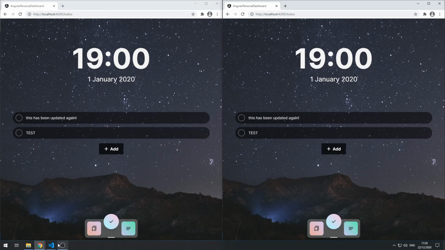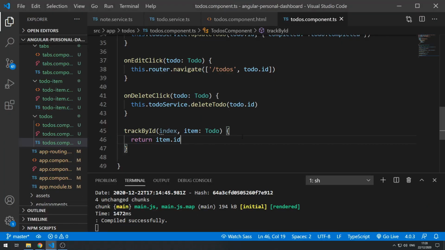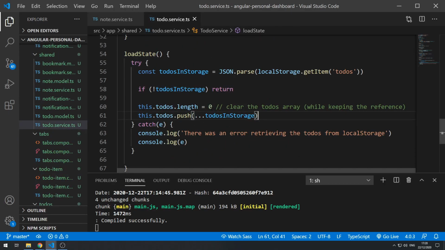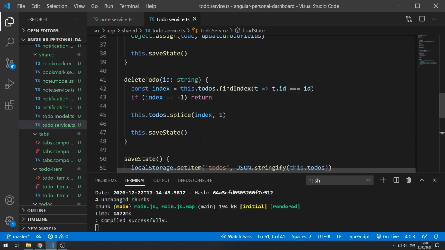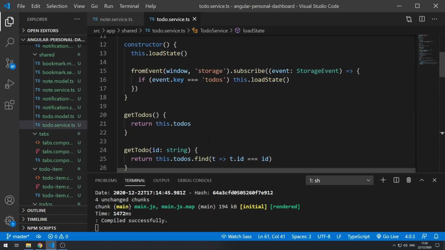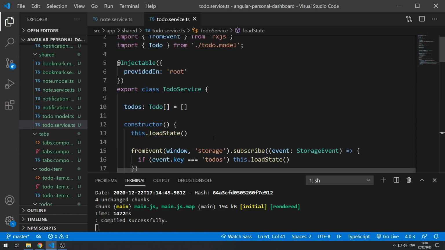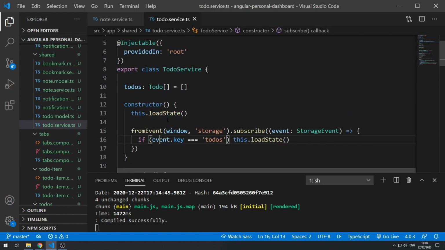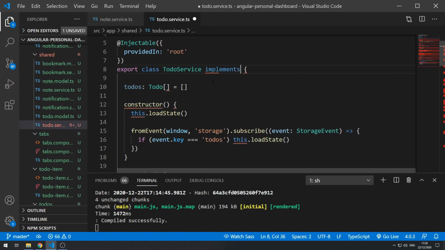Cool. All right, so let's go back to the code here, and we can close this, and close this. Now let's just look at this. I think everything's basically done here. One thing we can quickly do is unsubscribe from this on destroy. So we can implement OnDestroy,